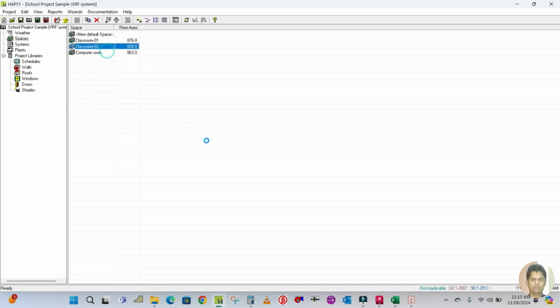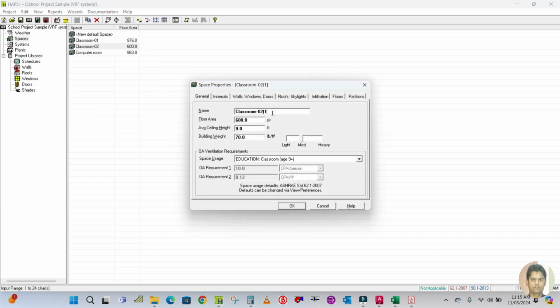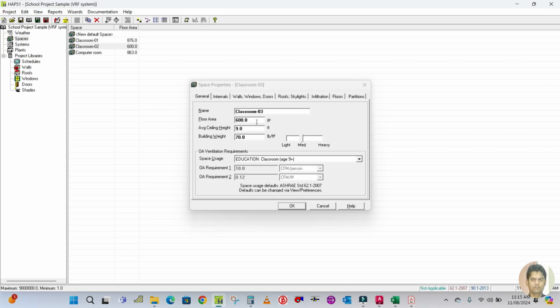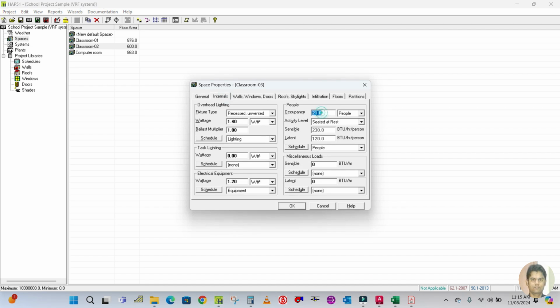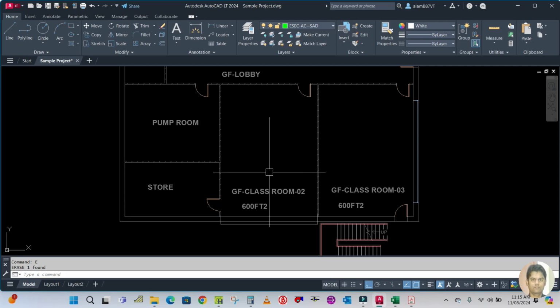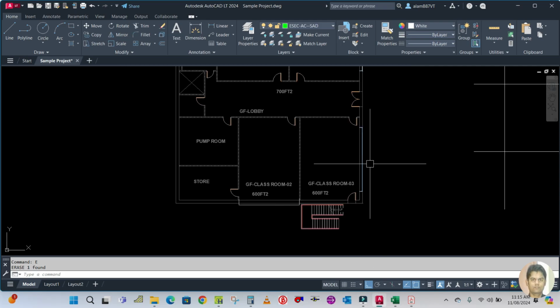Next is your classroom 3. So just duplicate this classroom 3, and the area for this classroom, here you can see, is 600 square feet. Number of people is 21. Then go to the internal. Here is 21 people. Then windows and walls. So there will be south and east exposure. South will be the same and east will be,